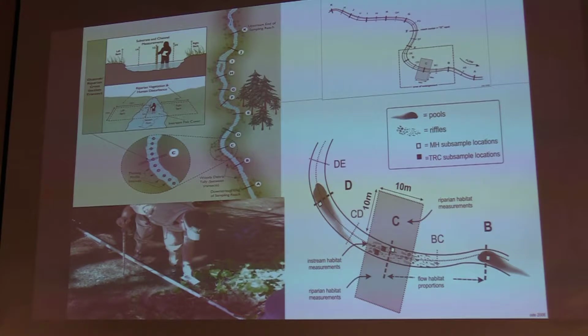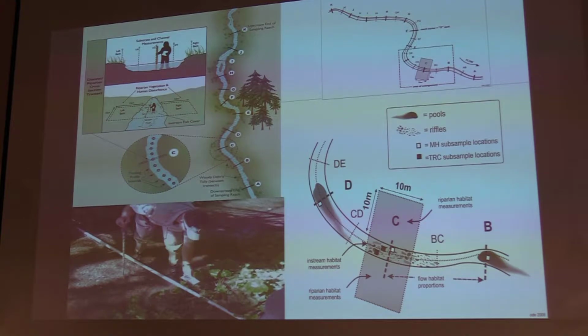Flow habitat diversity is measured for the entire area between transects, and then width and depth measurements and pebble counts are taken not only from locations along the transects themselves, but also from equally spaced intertransects. So the protocol generates a ton of